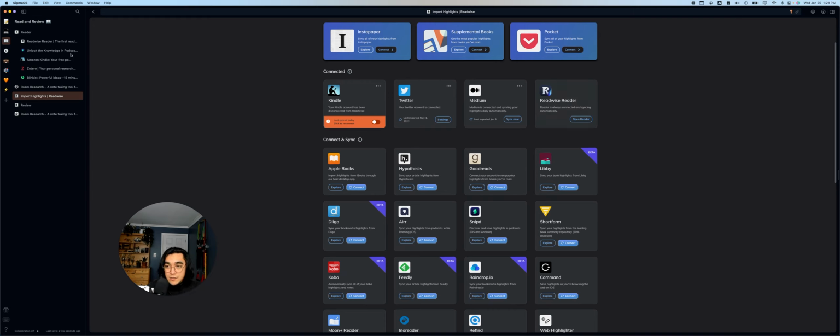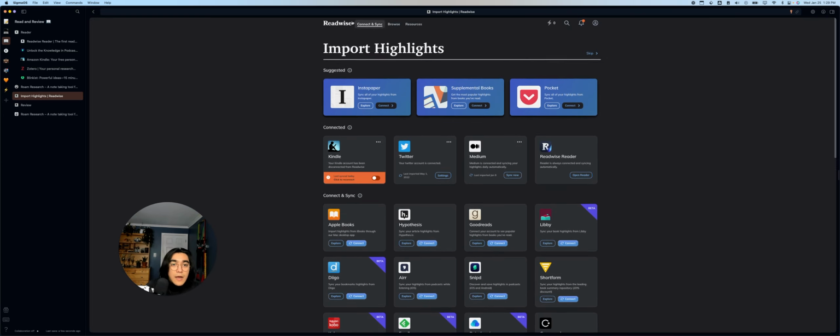For things like Zotero, when I'm reading papers and PDFs, you can email them over to Readwise. So if they don't have a built-in integration, you can just email PDFs and stuff like that over to the add at Readwise address, and then boom, they sync. So let's take a look at what that looks like.